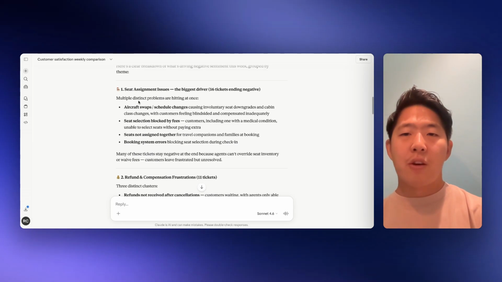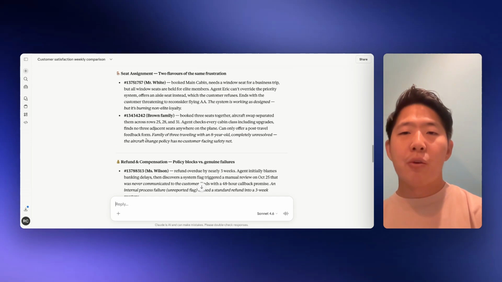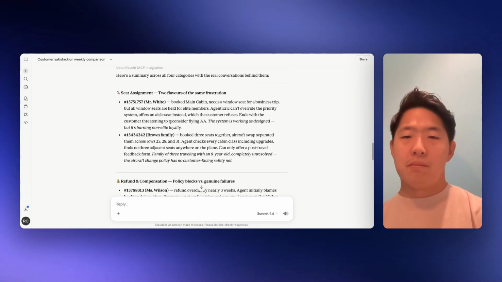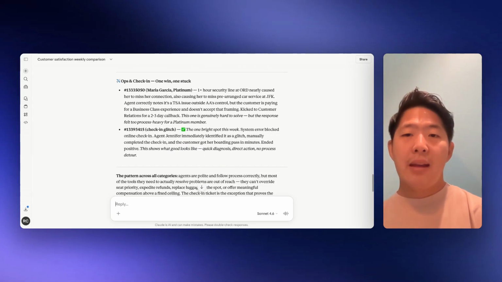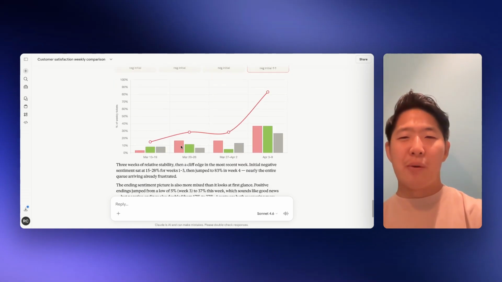It could be, for example, seat assignment issues, refund issues, baggage problems. It's able to show you actual tickets for each category of complaints, and it's also able to chart things out. But this is static data, so let me just show you. For example,